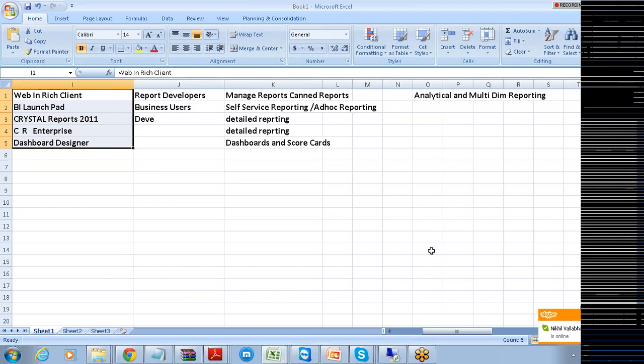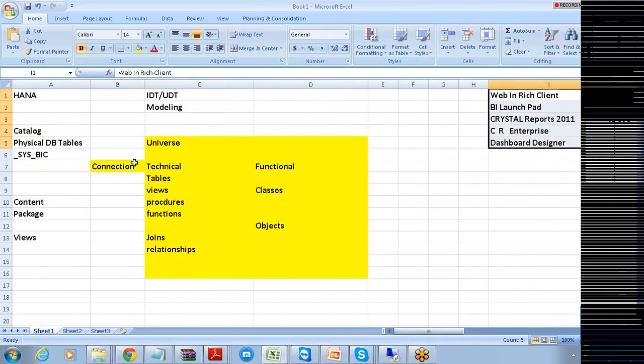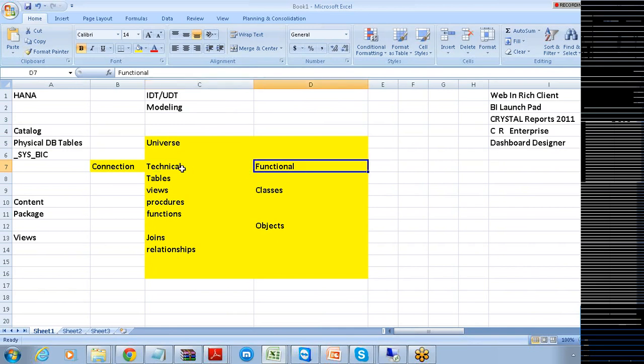For all these tools, to connect to HANA Studio, what is the base here? The universe you are supposed to create is going to be the base. The universe contains two layers. You may be asking me why it contains two layers, the technical layer and the functional layer. So, Archana, if you remember,